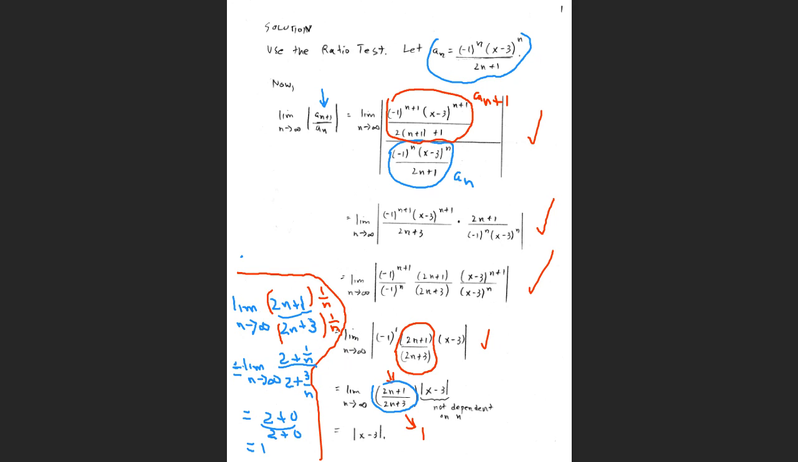Okay, and so the limiting ratio is the absolute value of x minus 3. Is it helpful when I add this extra little step in here? Is that helpful, what I'm showing here, to justify why